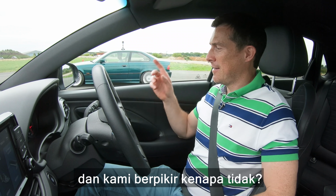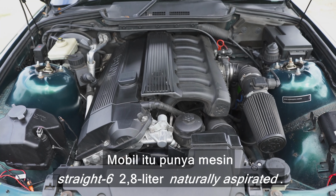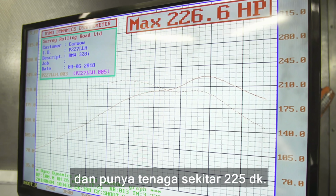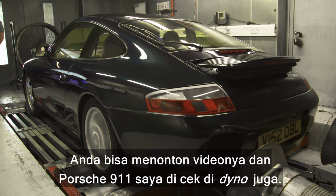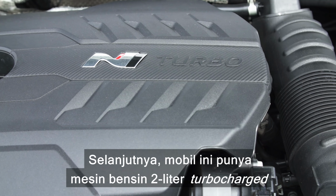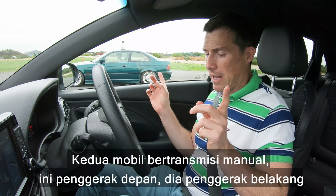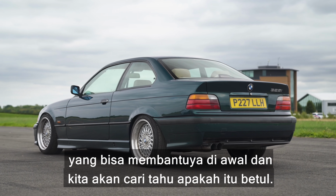Now that car has a straight six 2.8 litre naturally aspirated engine. It's been on the dyno because it's been tuned and it's got about 225 horsepower, and you can actually watch a video of that and my Porsche 911 being checked out on the dyno as well. Anyway, this car has a 2 litre turbocharged petrol engine with 275 horsepower. Both cars are manual. This is front wheel drive. That is rear wheel drive, which might help it off the line,